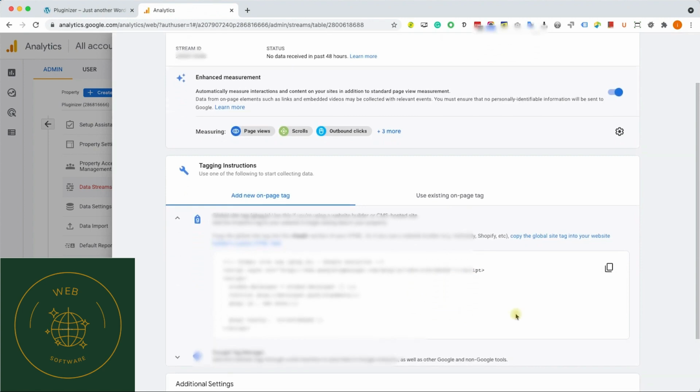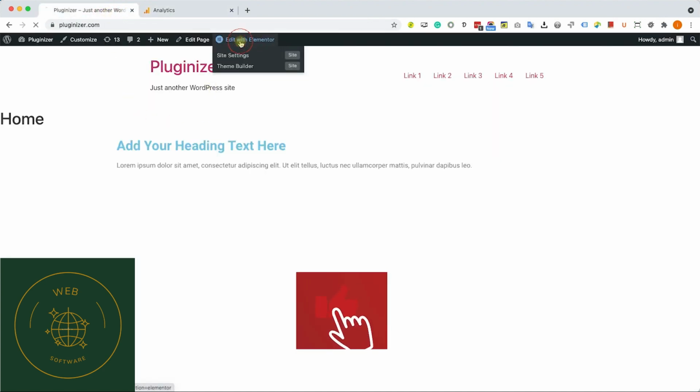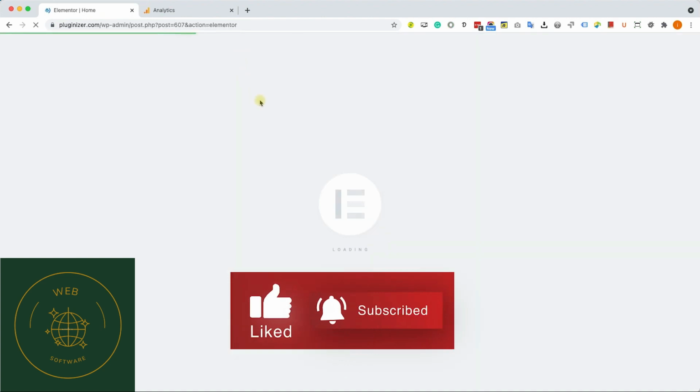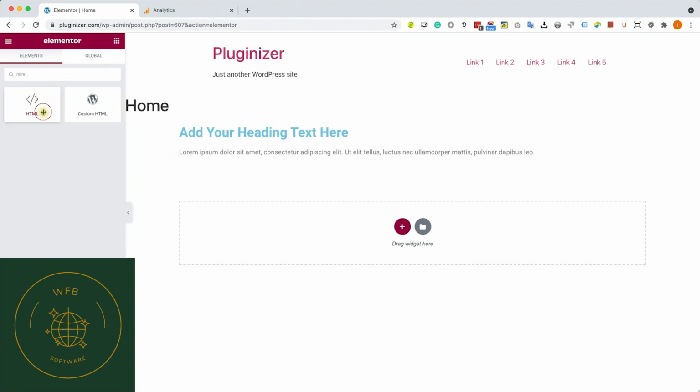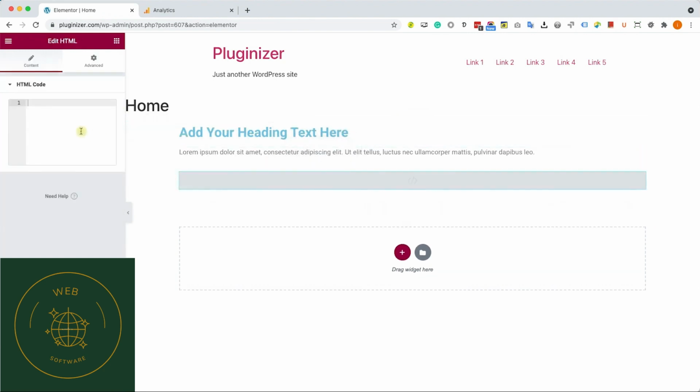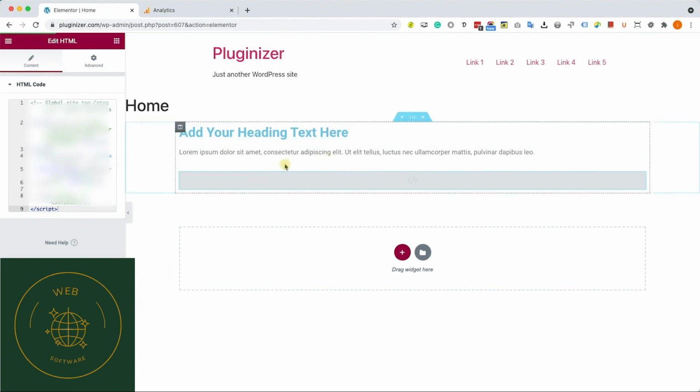So you can click on the copy to clipboard icon over here, then go to your Elementor website and click on edit with Elementor. Now the downside of the free version of Elementor is that you will need to paste this code and repeat the process for every page that you would like to track. So this is the Elementor free version. I'm going to look for the HTML code. I'm going to drag it to the bottom of every page, and I will paste the code over here on the left side. And once I did, I will click on update, just like so,